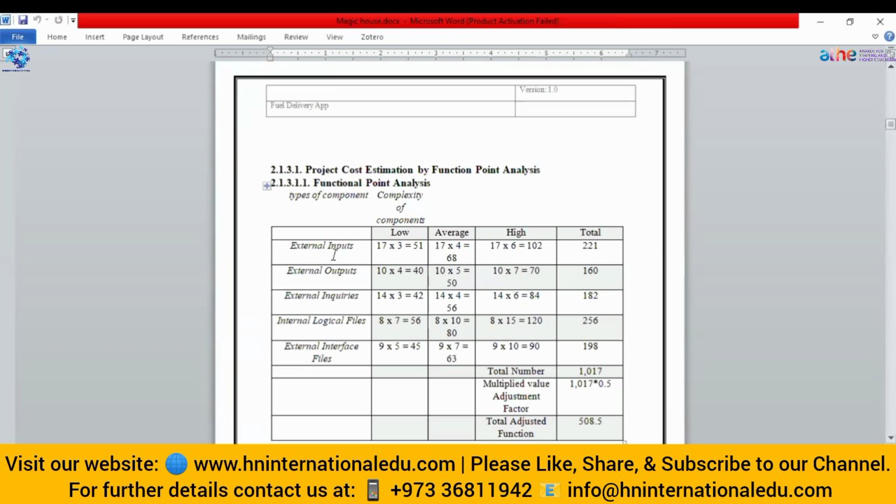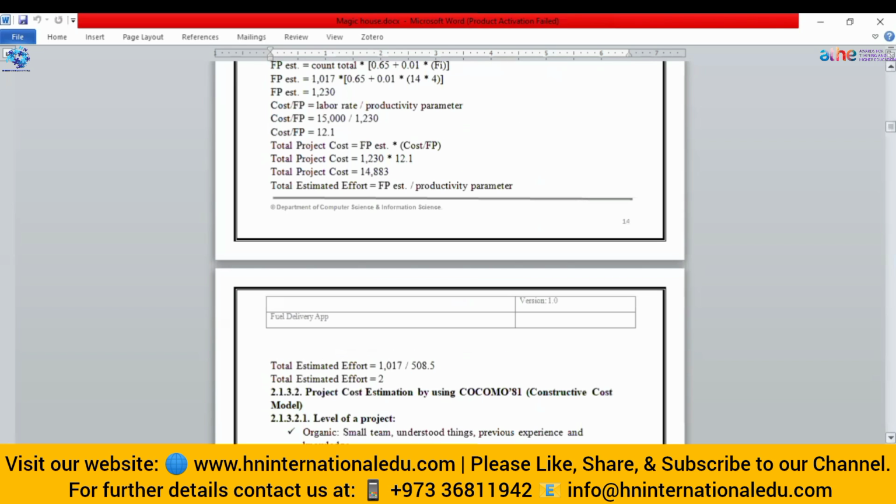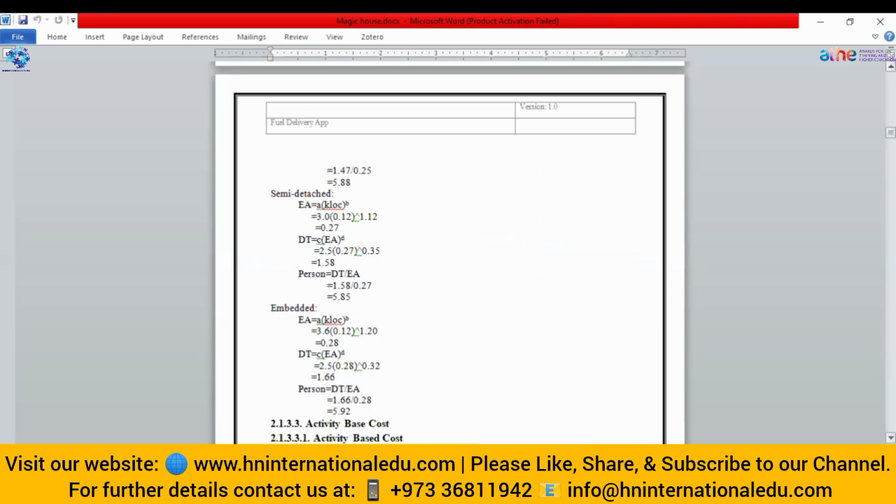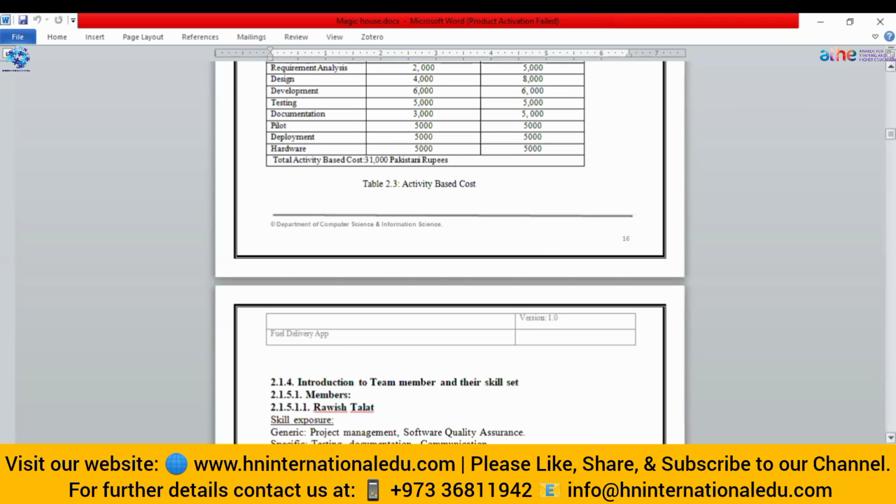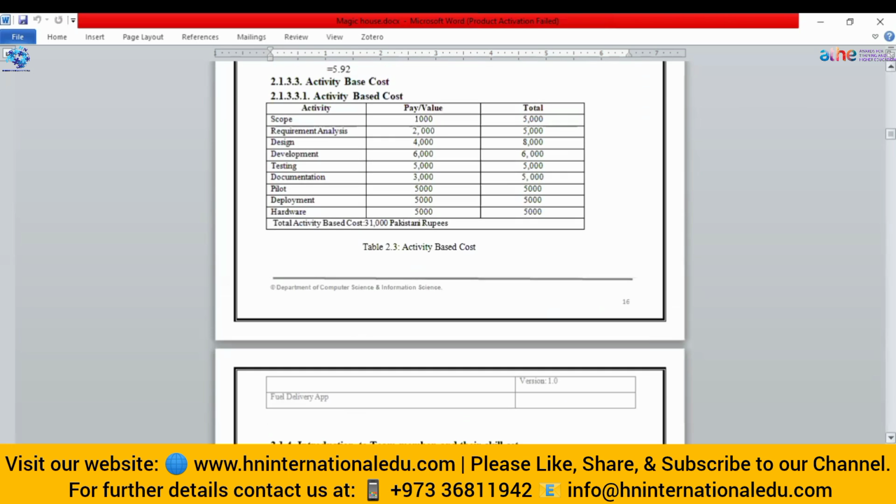You can see the cost for that project is also calculated using function point analysis, what will be the external cost and what will be the total cost for that project. This is the cost analysis.